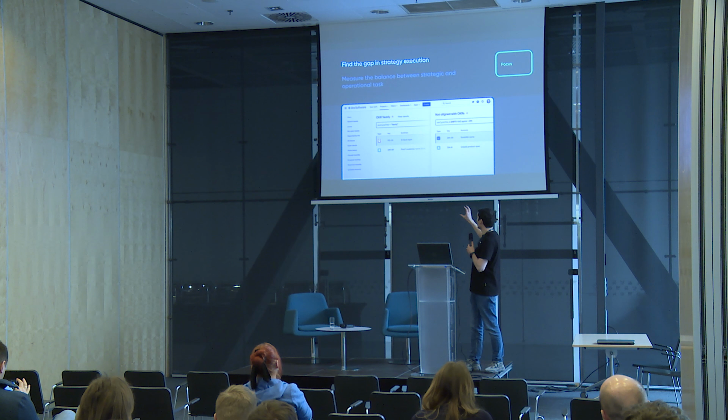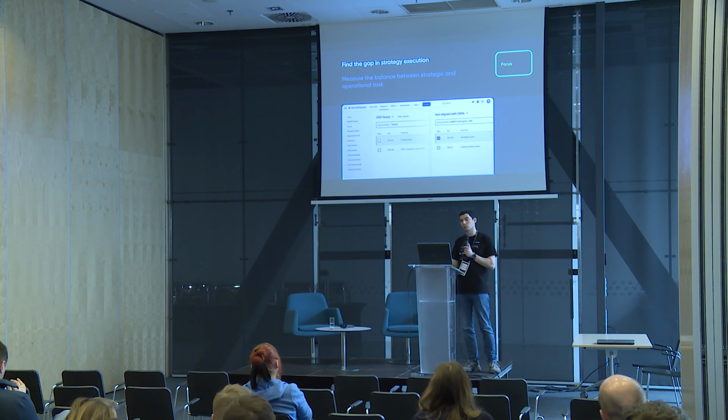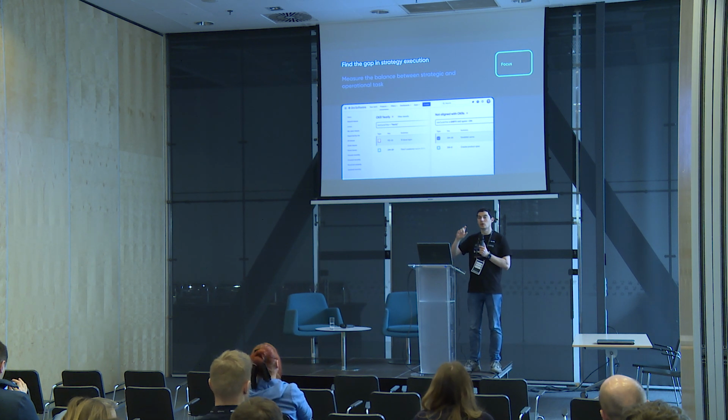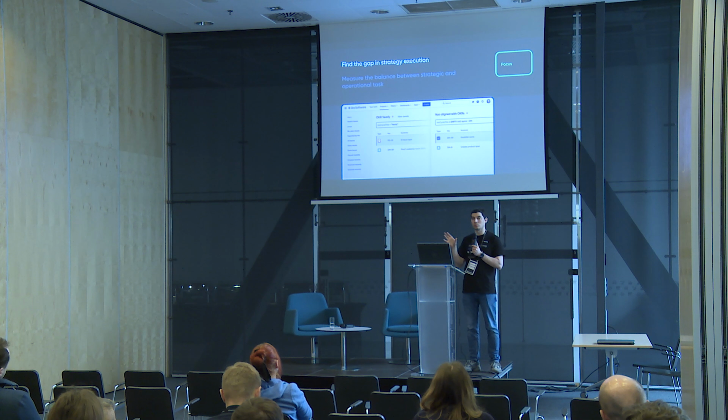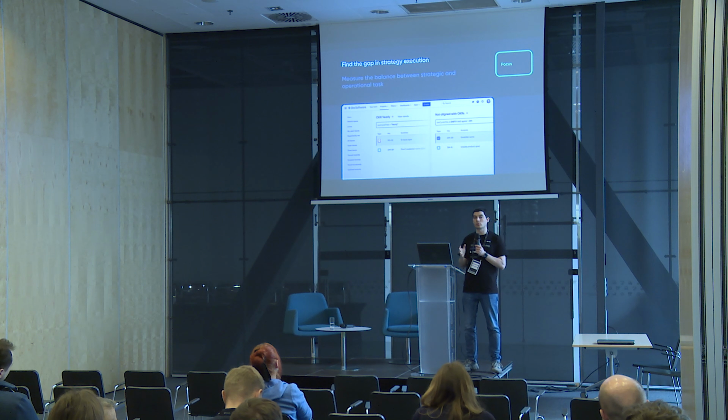Again, by using different JQL queries in our application, you can understand how many Jira issues were delivered in the sprint related to strategic goals and how many issues were delivered which are not related to strategic goals. So you can see, for example, if you spend 80% of your time on operational stuff and 20% on the important goals, it means something is wrong within your organization, because you are focused on something which is not important. And you have to change these things.